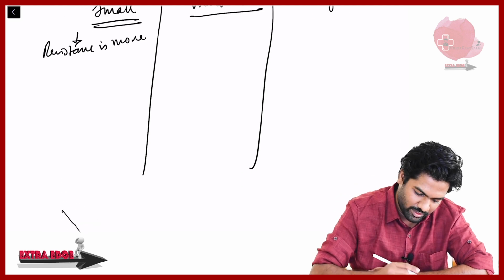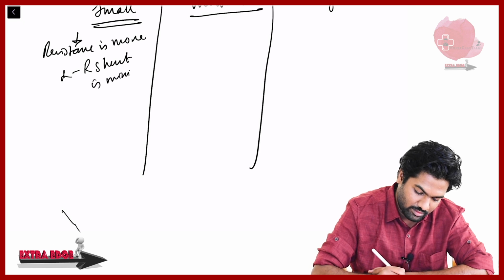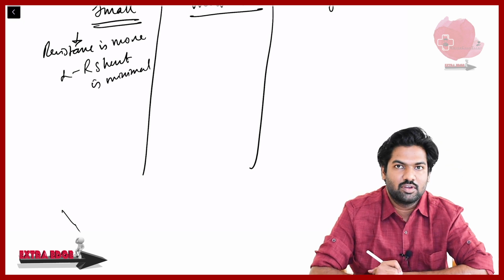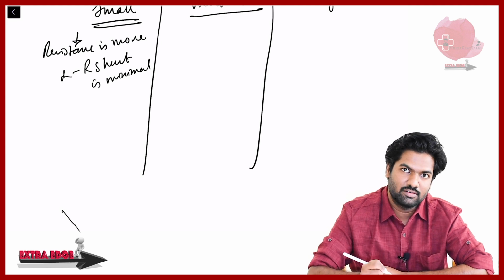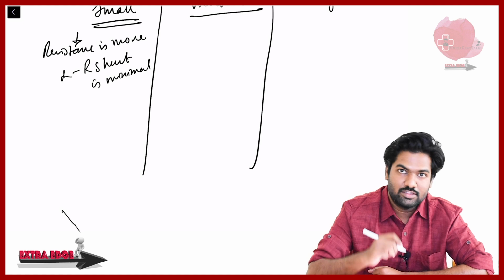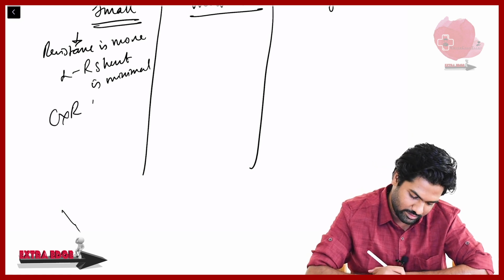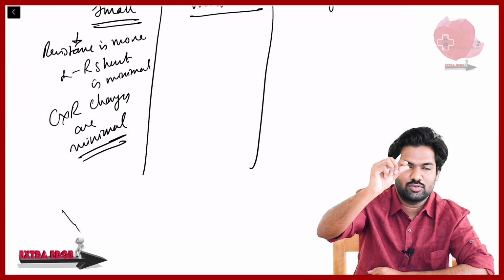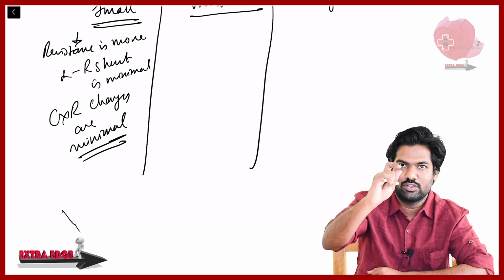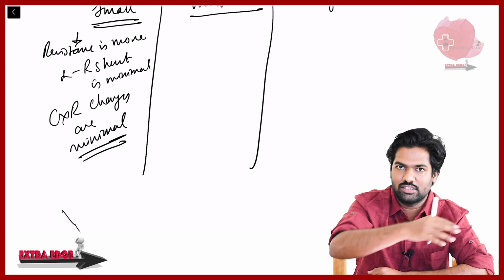Left to right shunt is minimal, you can write. So when left to right shunt is minimal, what do you expect of the right ventricle? Will it get hypertrophied? Very unlikely. So the changes on X-ray are also very minimal. This was small, so because it was giving good resistance, the amount of blood going to the right ventricle was less, so changes also were less.